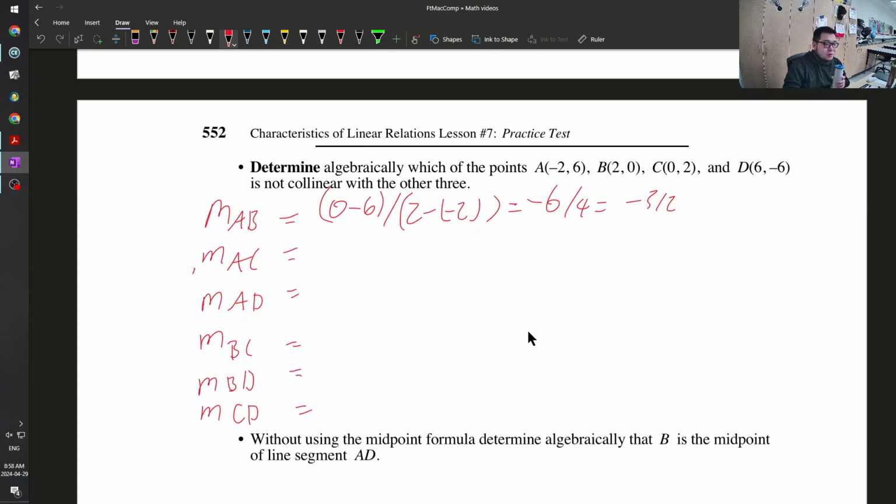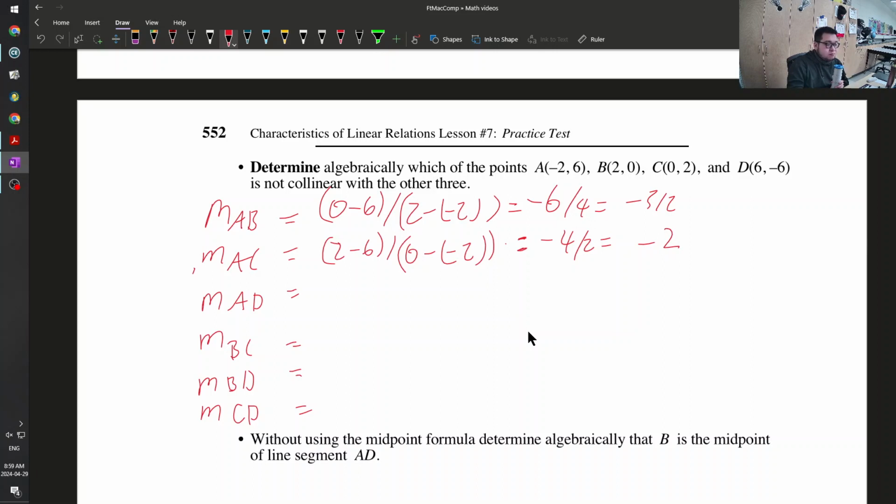Slope of AC. 2 minus 6 over 0 minus negative 2, which is equal to negative 4 over 2, which is equal to negative 2. So right away, I know that